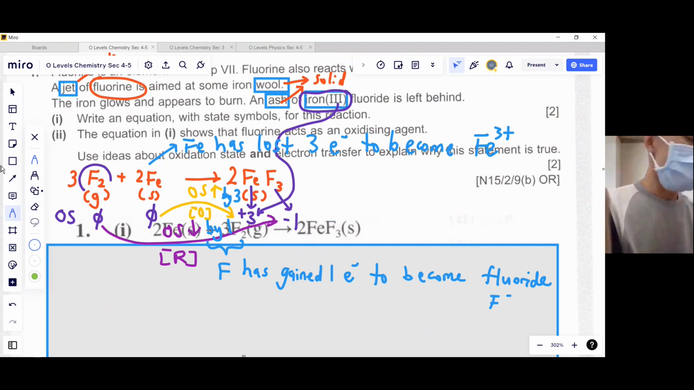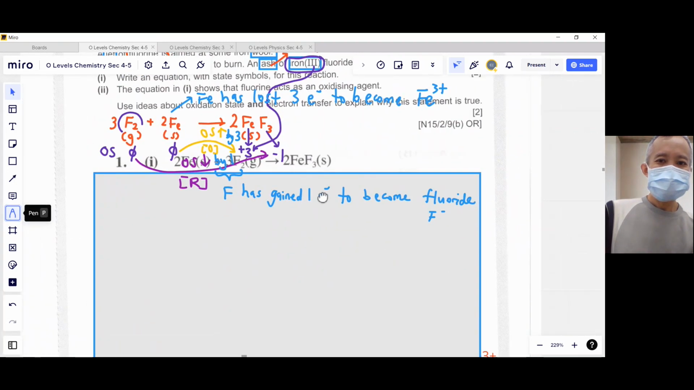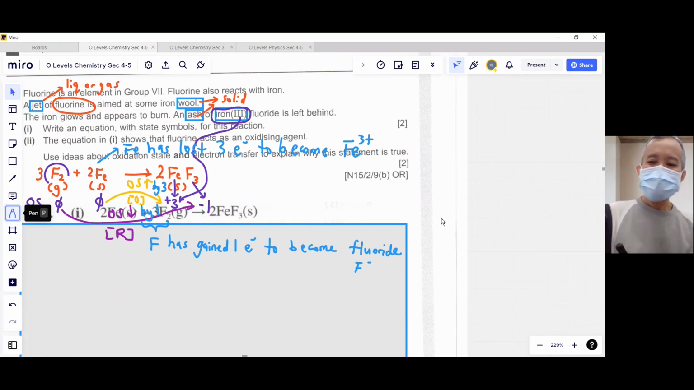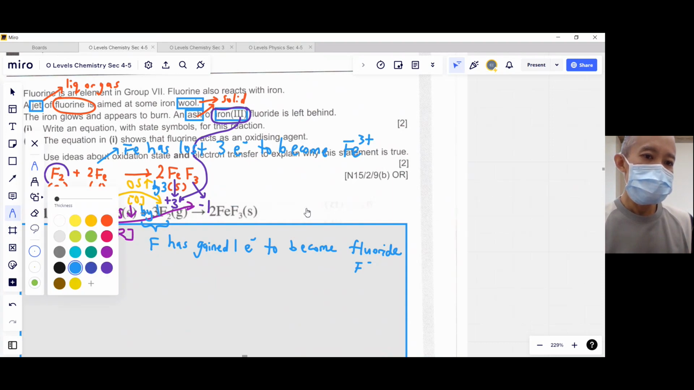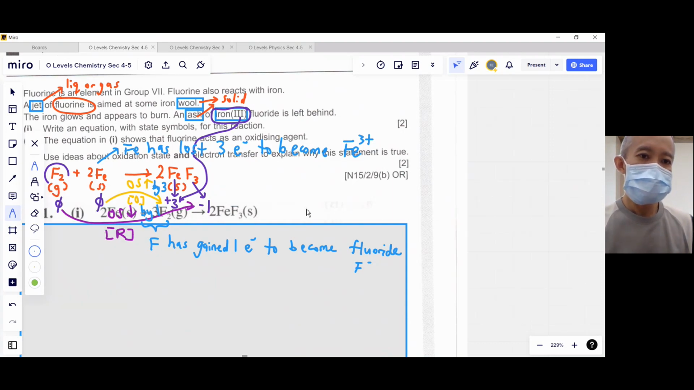But of course, I didn't answer the question. Why did they say that fluorine is an oxidizing agent? Okay, let me give you the proper answer. Okay, so for the proper answer, let me change the color. Green. Okay, basically fluorine F2